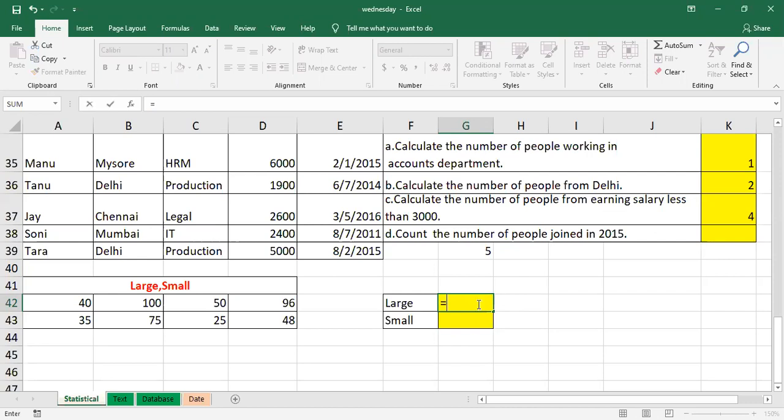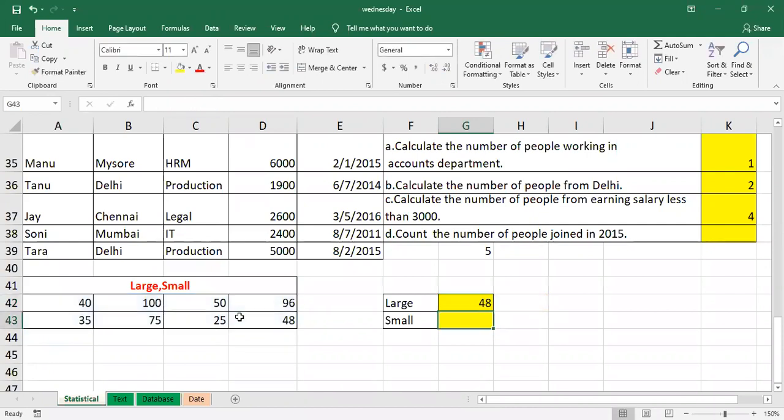Give large. Now select the range. Now I want to know which is the third highest value in the given range. Can anyone tell me which is the third largest value in the given range? I hope you have understood the question. Okay, let's check. Yes, very good. Now we'll give fifth. Which is the fifth largest value here? Third was 75. Fifth is,